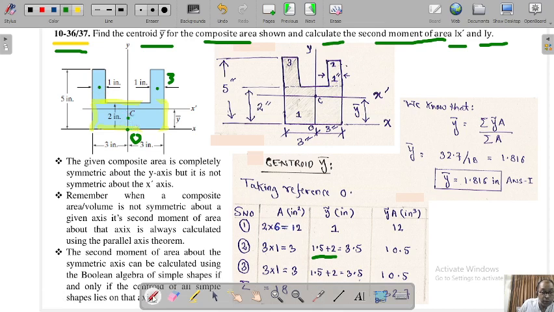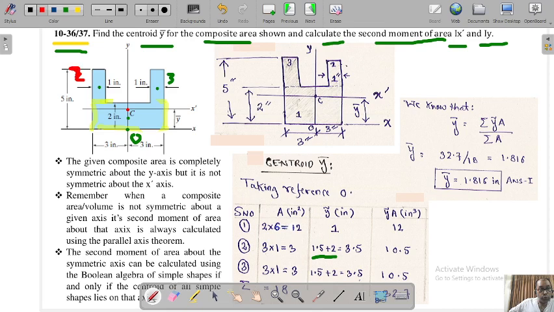And what about this red one? This is also a centroid, but this red centroid is the centroid of the entire segment, or the entire three shapes 1, 2, 3. So you must remember that this is our shape 2.